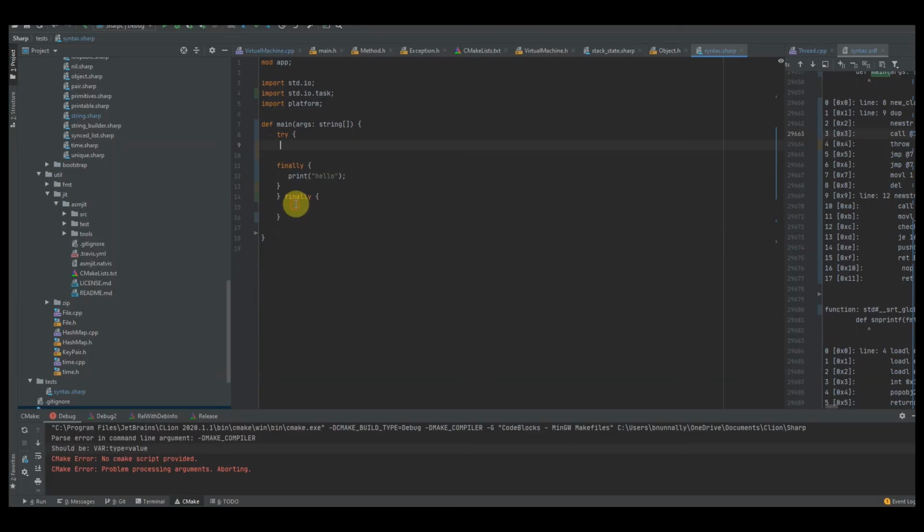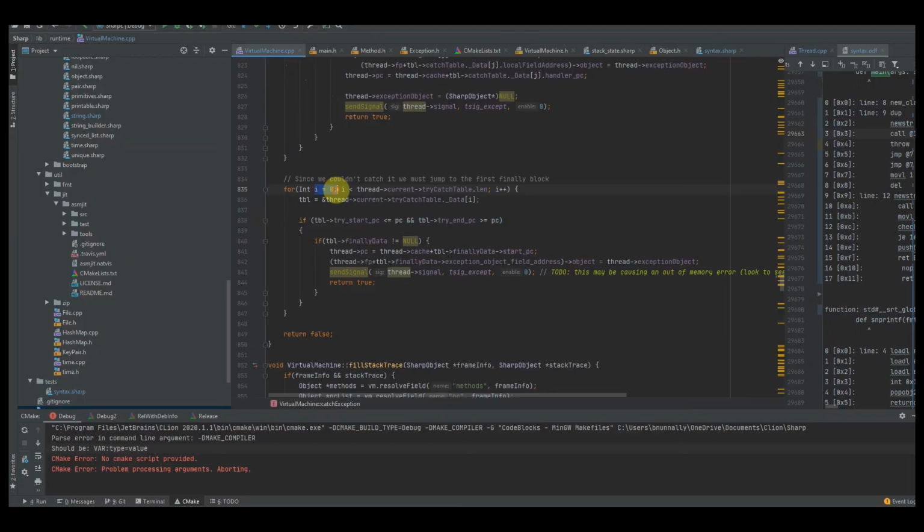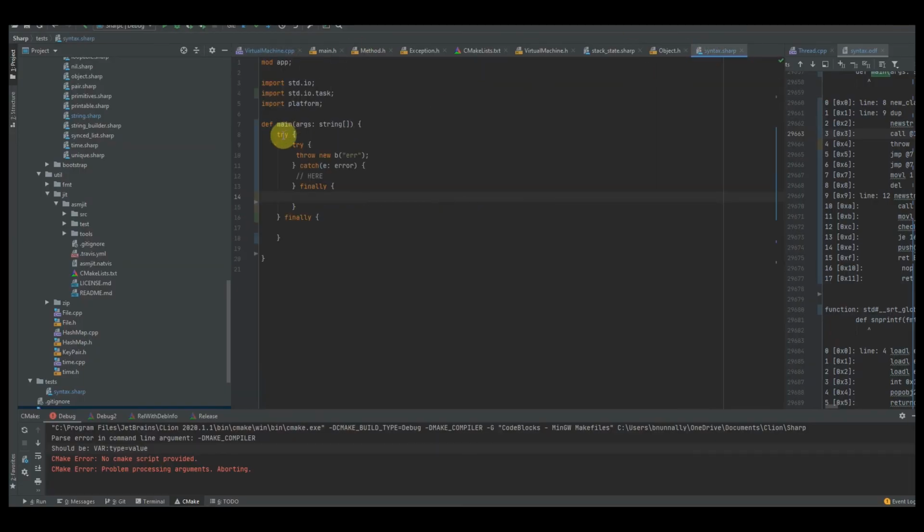Now I know some of you are wondering, what happens if we have a try catch block here with a finally block, so we have nested finallys? Which one are we going to execute? Well, if you really think about it from the compiler's perspective, we're starting at index of 0. As the compiler is compiling this code, it's going to add a list of try-catch data. So it's going to start here, and it's not going to add the